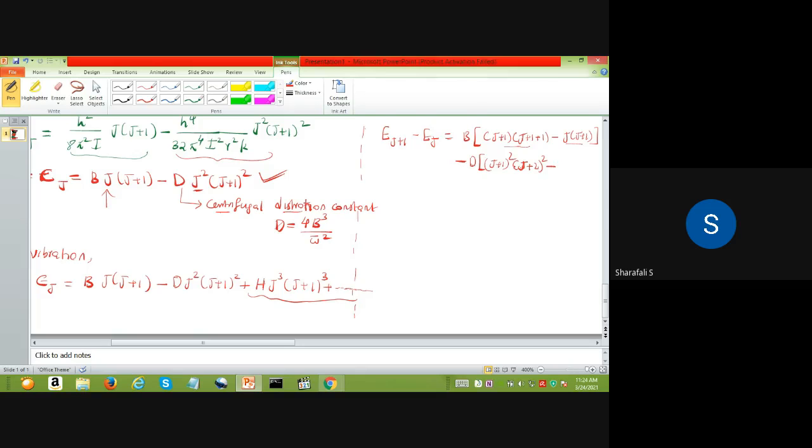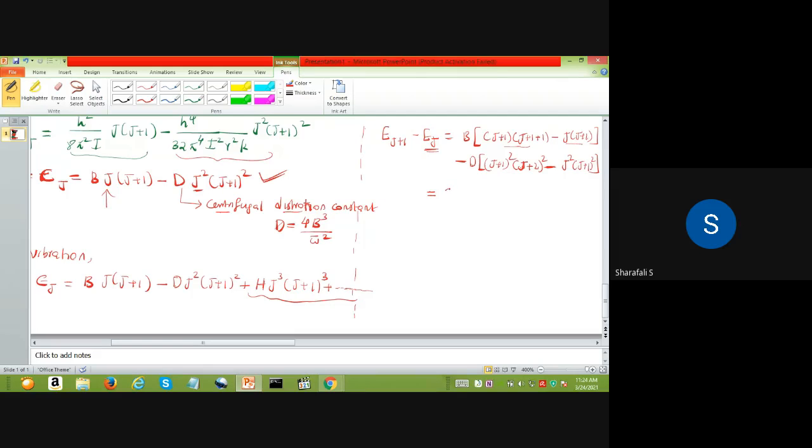Minus, then we have the second level, that is for E_J, the same values, J square into J plus 1. Now if you calculate this,